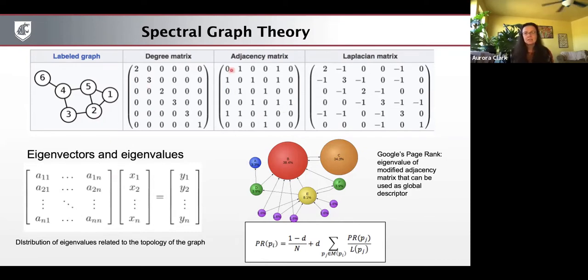The Laplacian is just the degree matrix minus the adjacency matrix, and we can look at the eigenvalue and eigenvector spectra of these matrices. And this forms the basis of spectral graph theory. There's a lot that you can learn not just from the spectra of eigenvalues and eigenvectors, but from individual eigenvector entries as well. And so one of the techniques that we've used is actually PageRank,